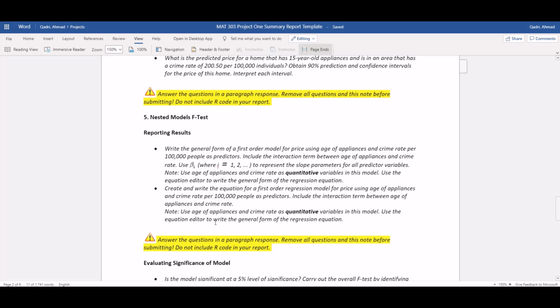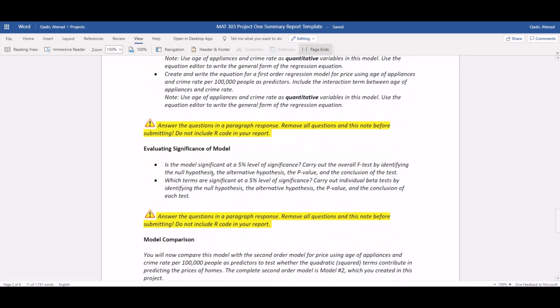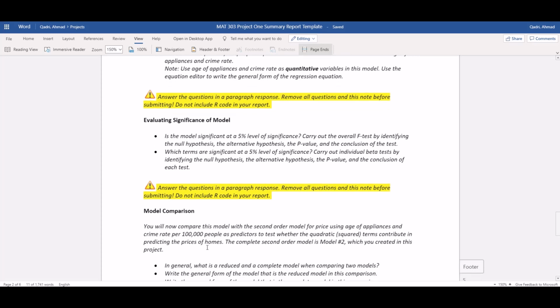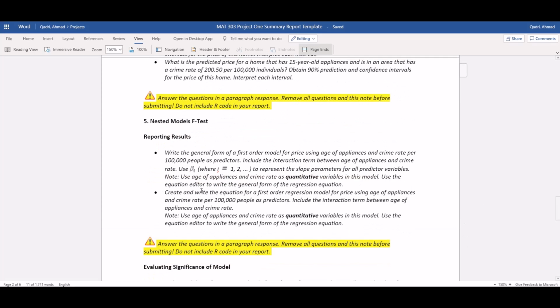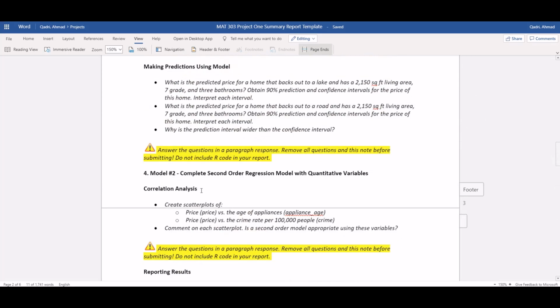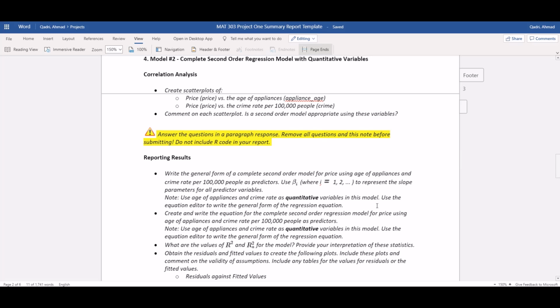Okay. And then you will create the model here. So here you have to write the general form and then you have to run the model in R and write out the equation. And then you will evaluate this model. So this is your third model for this project. And once you have evaluated this, then we will do the nested model F-test to do model comparison. We will compare this model that you just created, the first order model, with the second order model that you created in section 4, which is again here, and we just went over this. Section 4 includes a